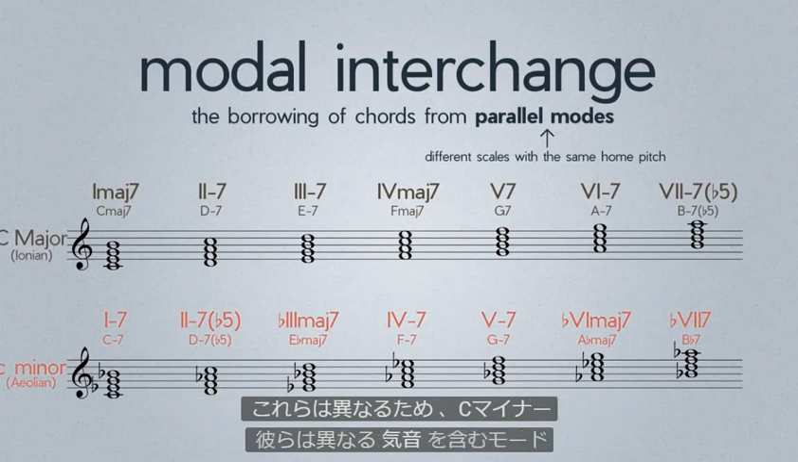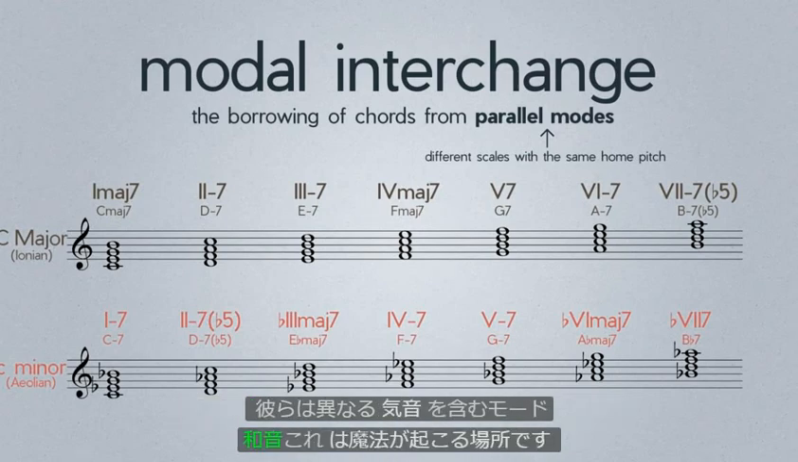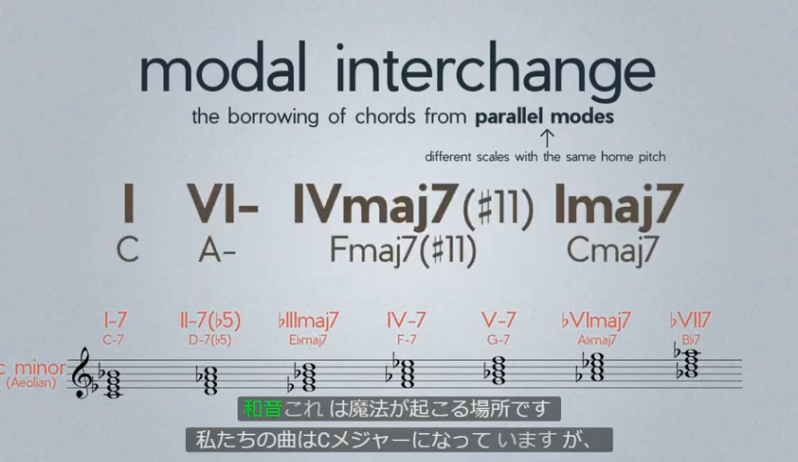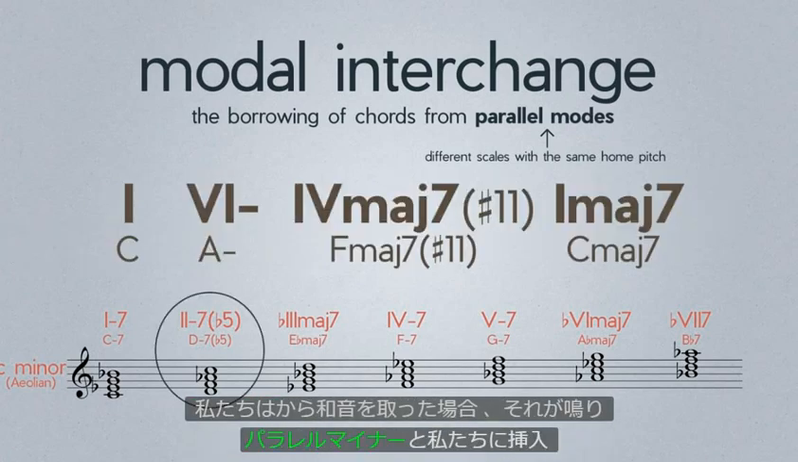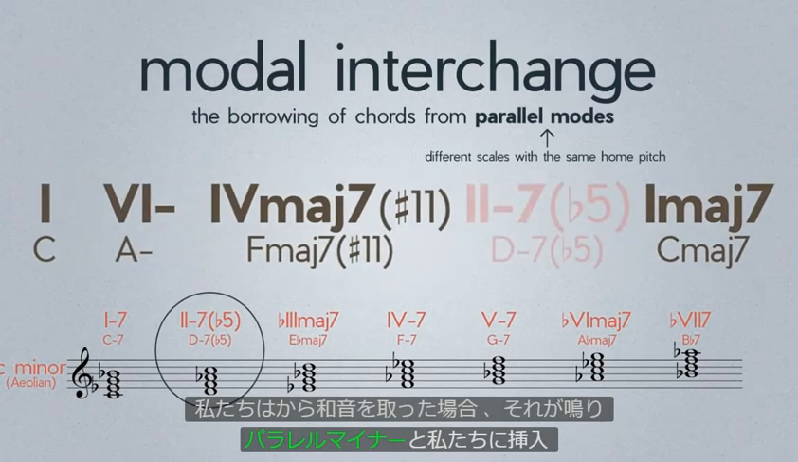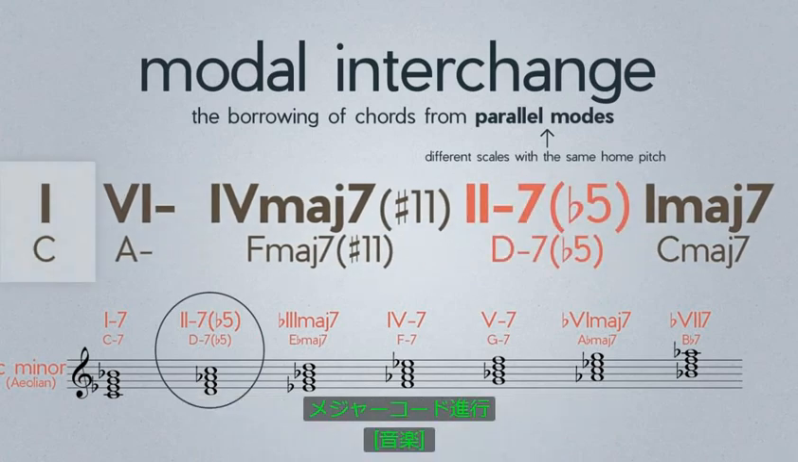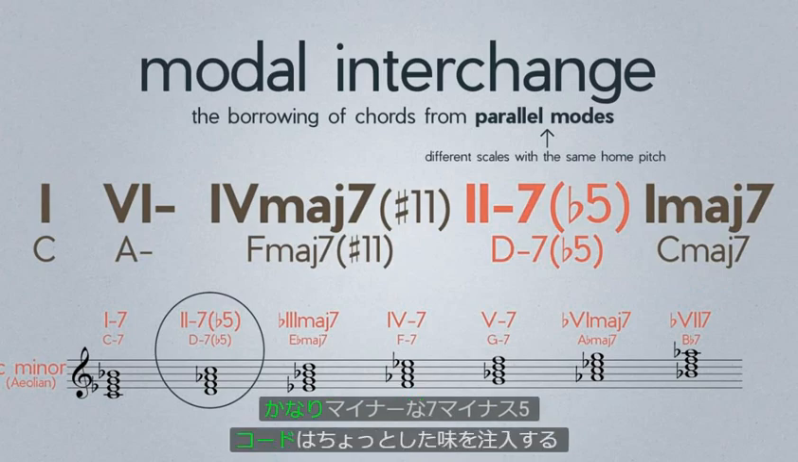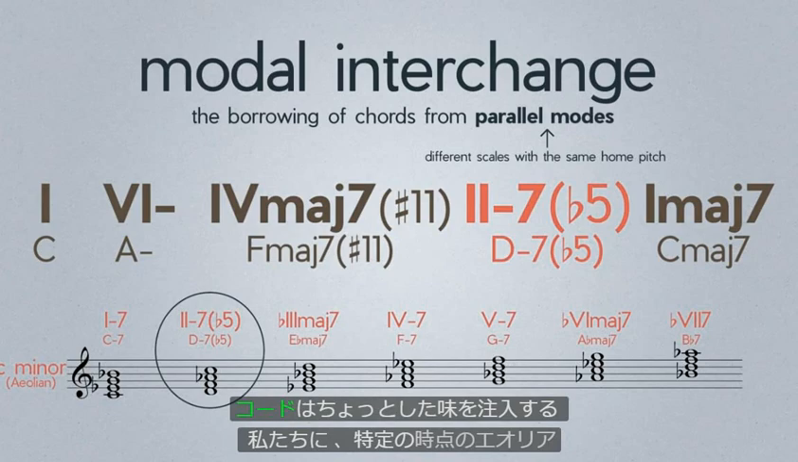Since these are different modes, they contain different diatonic chords. This is where the magic happens. So our song is in C major, but how would it sound if we took a chord from the parallel minor and inserted it into our major chord progression? Pretty cool! That 2 minor 7 flat 5 chord injects just a little taste of Aeolian at a specific moment